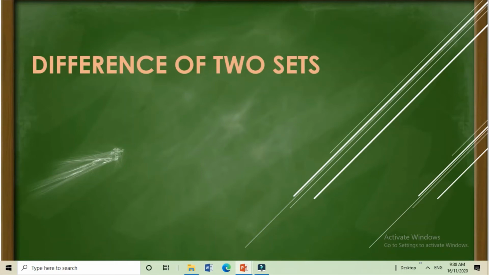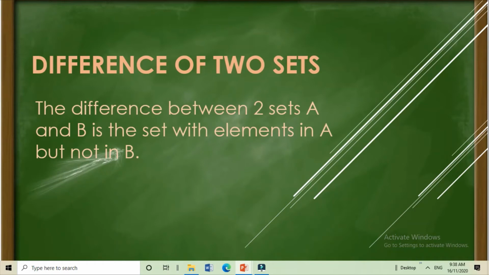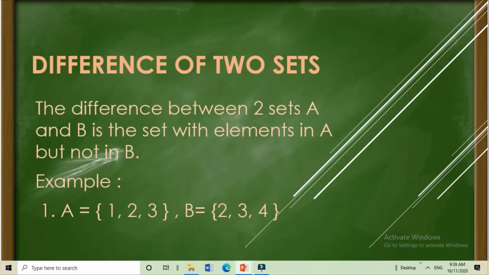So we have here the difference of two sets. The difference between two sets, A and B, is the set with elements in A but not in B. So, to get the difference between two sets, A and B, titingnan mo lang kung ano yung mga elements na nandun sa set A, pero wala siya sa set B. Example number 1.